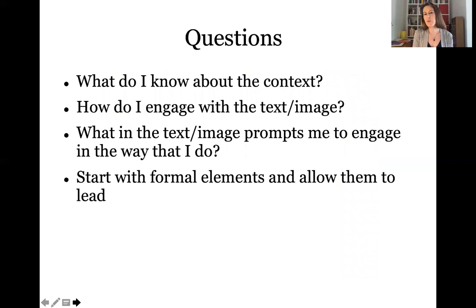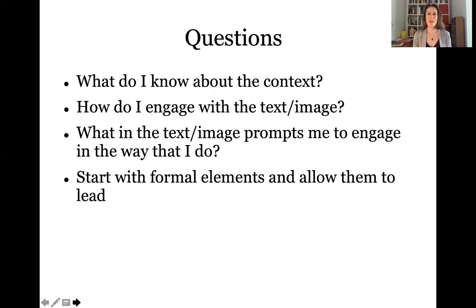So when you approach a text, what I'm going to suggest to you today is that the skills that you use for approaching a verbal text and a visual text are actually the same. So you may say, I have no experience unpacking or interpreting paintings, but it turns out you do. And here are some of the questions you can ask yourself when you approach either kind of text. So the questions you can ask are, what do I know about the context? What period was this produced in? Where?